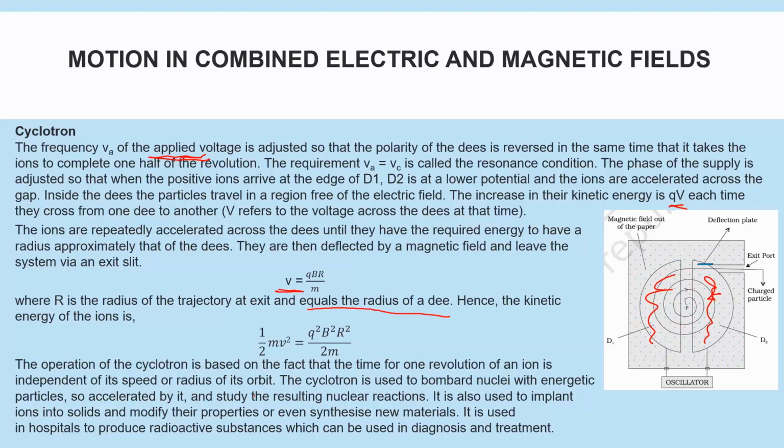When accelerated by it, they can result in nuclear reactions. They can also be used to implant ions into solids and modify their properties. Usually cyclotron type of instruments are used in hospitals to produce radioactive substances which can be used in diagnosis and treatment. So this is how you can see that combining the effects of electric and magnetic fields,